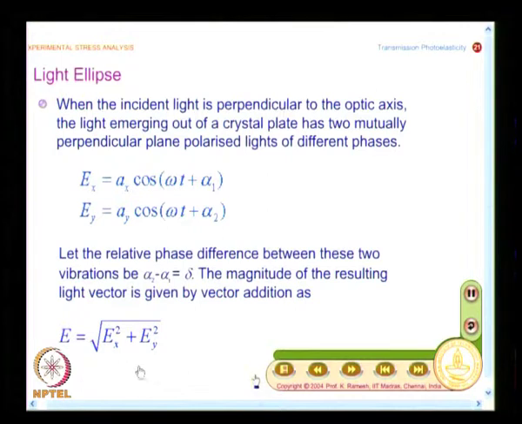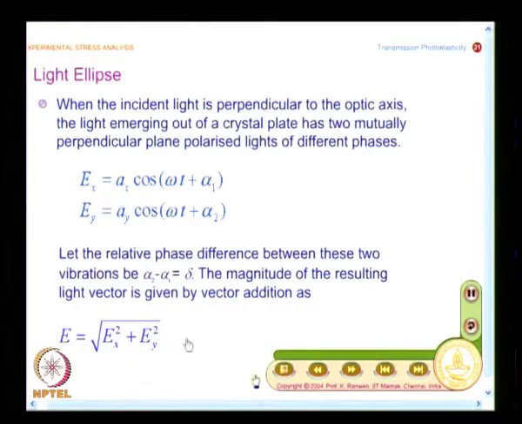they are mutually perpendicular. It is not like when I go to the pond and drop two pebbles, where both the waves are in the same plane. Here the waves are mutually perpendicular, and they travel with different phase. They acquire a phase retardation when they come out of the crystal. When it comes out of the crystal, you see the interaction of these, and the polarization behavior changes. So, that is what we are going to look at.